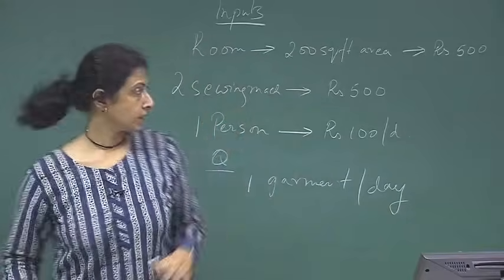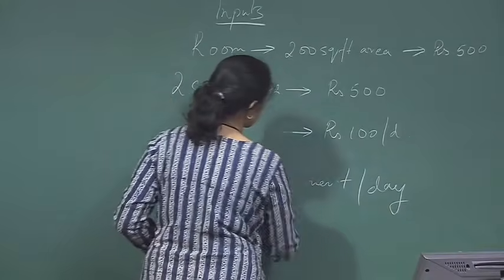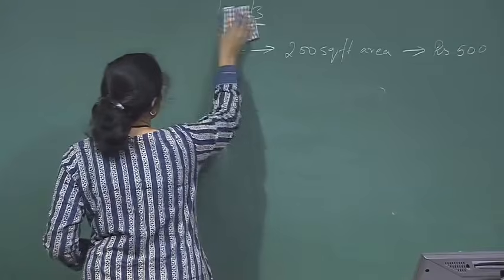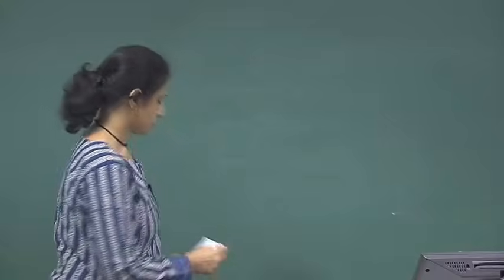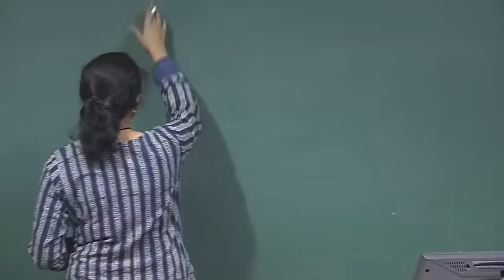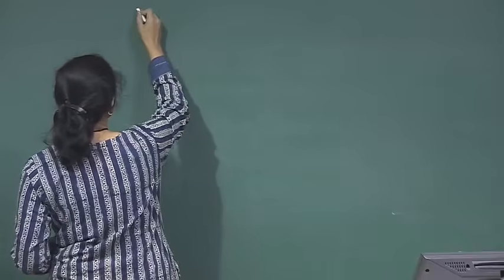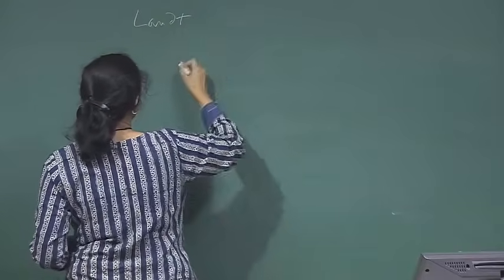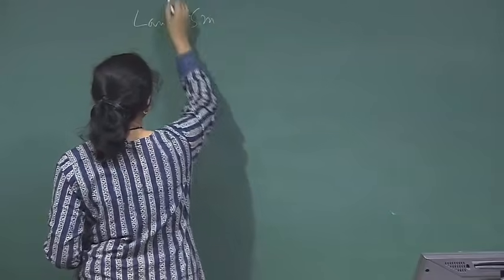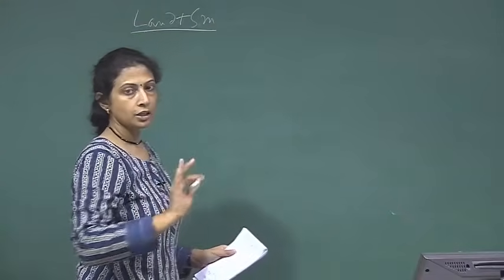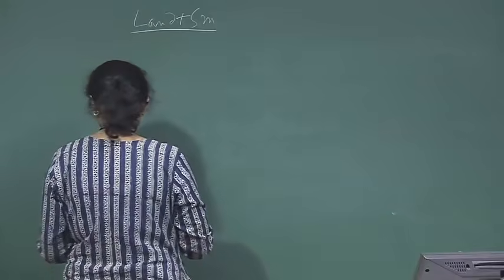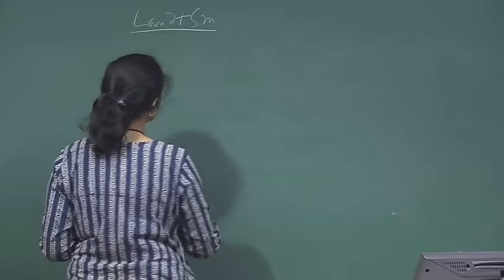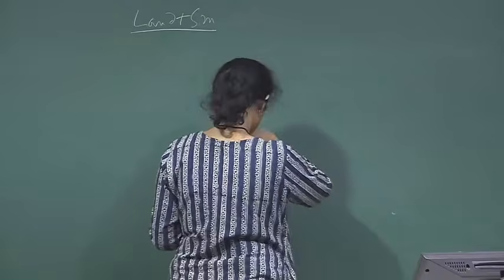So now in the same room with the same number of sewing machines, he has a fixed input. Land plus sewing machines are his inputs, which are fixed. He cannot change that. Even if it does not produce any garments, he has to pay for these. Say for example he is paying 1000 rupees for these. Let's not talk about this part right now.